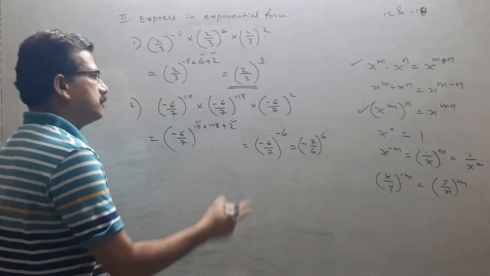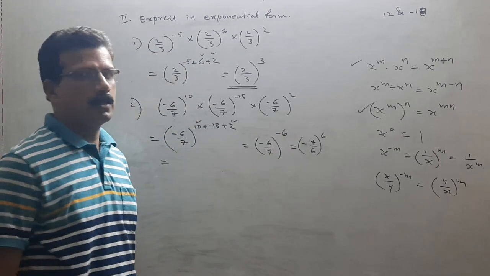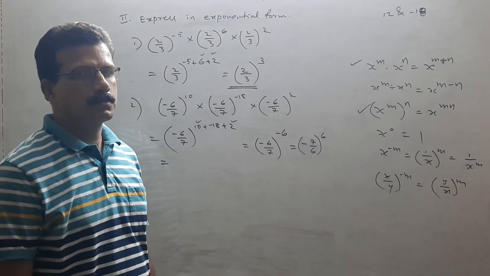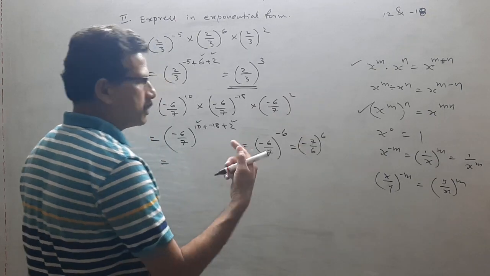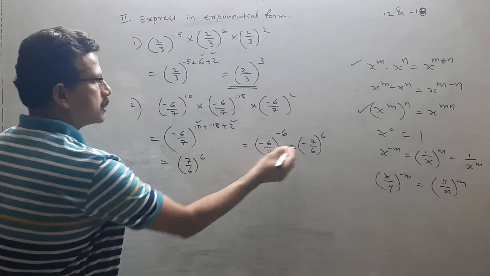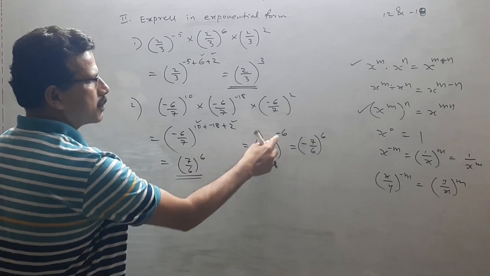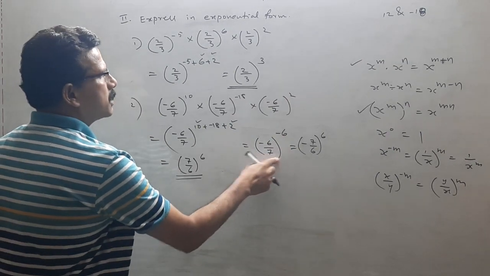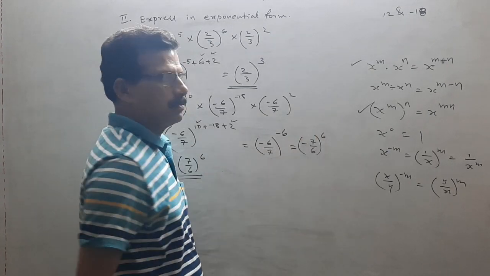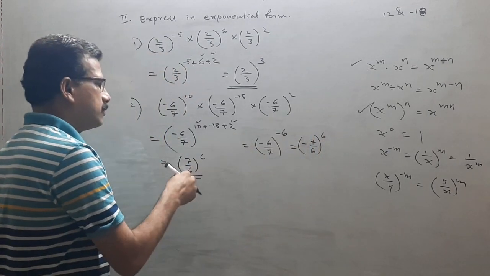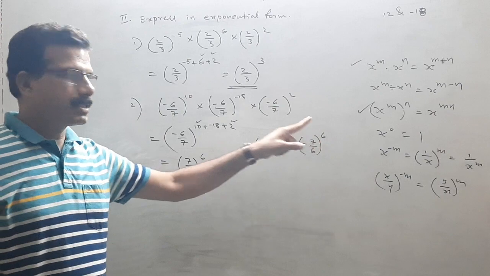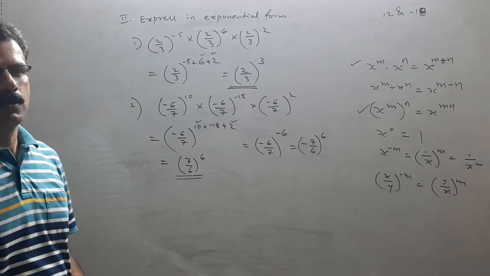Now one more thing. If we want, we can remove this minus also. How can we remove the minus? Power 6 means the minus will automatically go. It can be written as 7 by 6 to the power 6. It is also perfect, but the earlier form is not perfect because the power is negative. We will not leave the answer with a negative power, so we make the power positive, that is power 6. This is perfect, but at the same time, if you want, we can write 7 by 6 to the power 6, because when we multiply 6 times, the minus will go. So this is also okay.